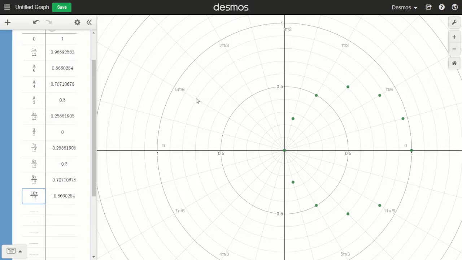So the angle is here, but since we're having a negative radius, it's going to be that point down here. And then the next one, 11 pi over 12. 11 pi over 12 is this angle, but then having a negative radius, that's how we came up with that point right there. And then the next one down on my table is 12 pi over 12,